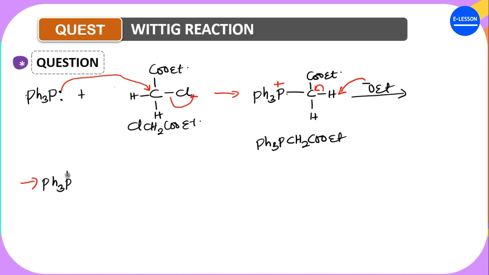PH3, P positive, and then you have C. Here becomes COOEt, and here becomes H. Here is what? Negative. So we said this is our halide. This is our phosphorus halide. Now, if the phosphorus halide now reacts with benzaldehyde,